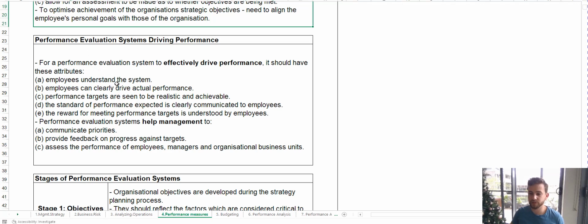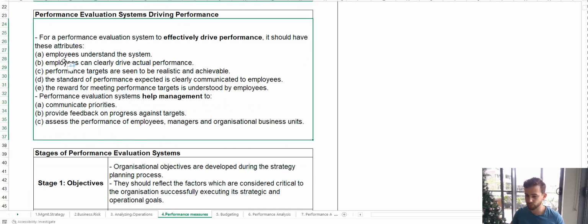Let's discuss what makes a performance evaluation system effective. So it should have these attributes. So employees should understand the system. Employees can clearly drive actual performance. Performance targets should be realistic and achievable. The standard of performance expected is clearly communicated to employees. The reward for meeting performance targets is understood by employees. And these systems help management to communicate priorities, provide feedback on progress against targets, assess the performance of employees, managers,